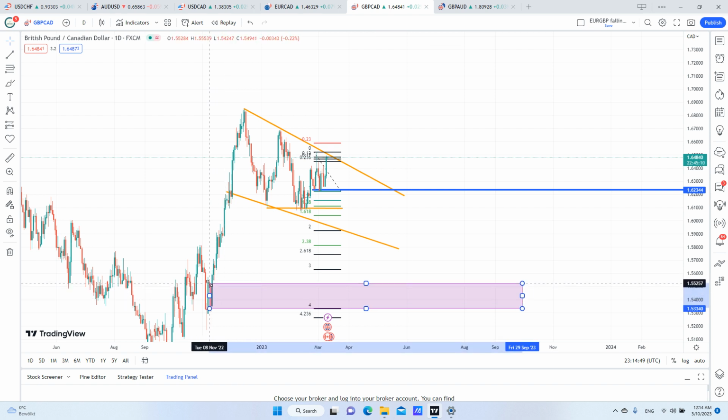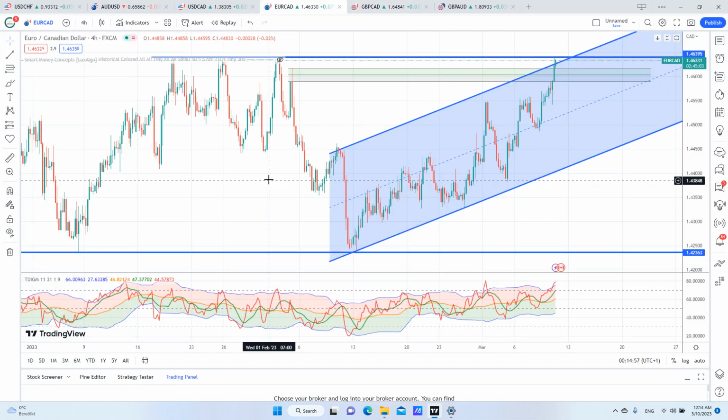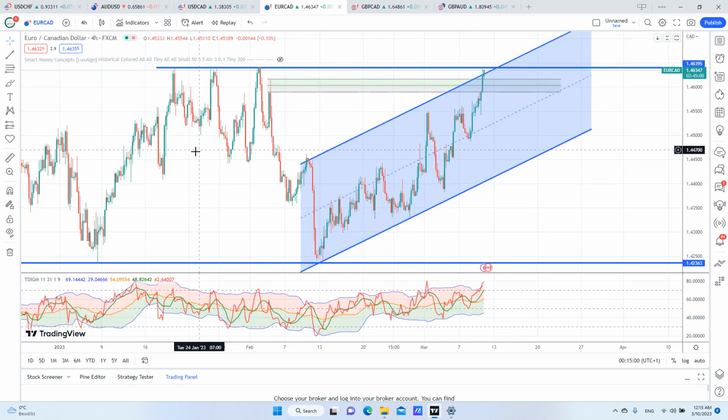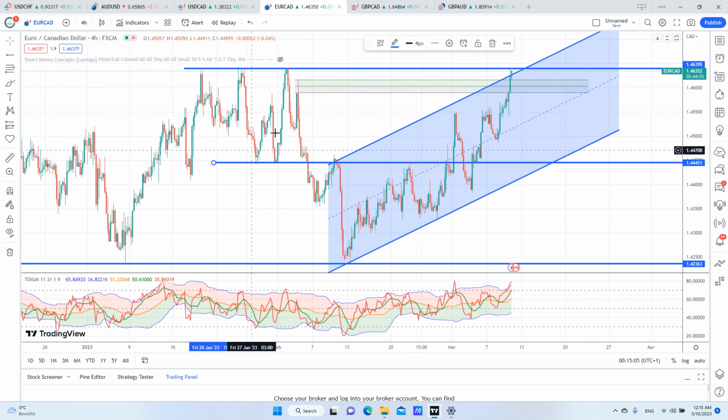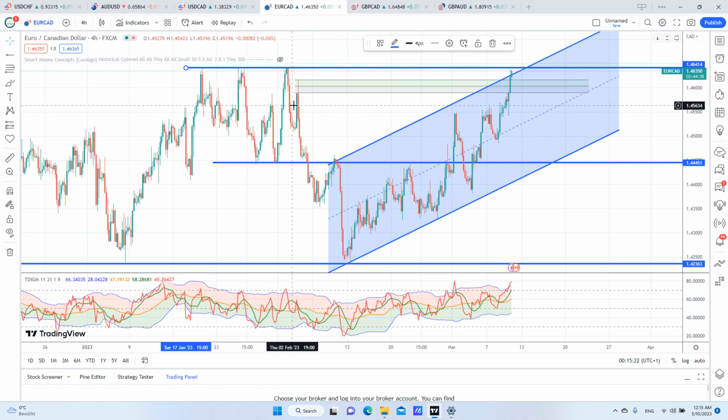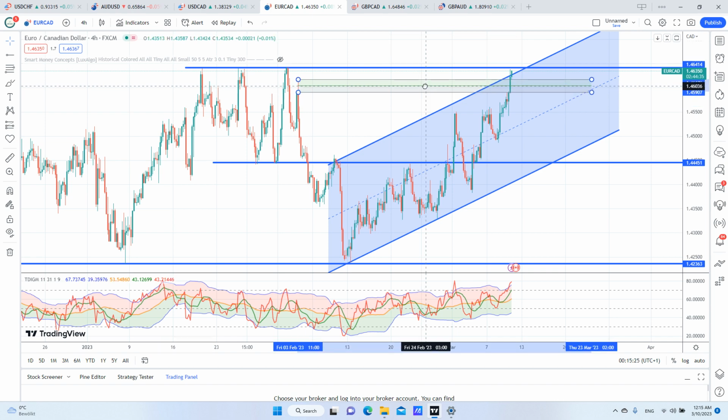I will be waiting for it to come here, and if it comes here, I will buy it from here. And the euro CAD, we also have this move that broke this structure, and now it's reacting from these bottoms, and as you can see here, it's very clear bottoms here, but at the same time it's also a bit dangerous because we also have clear tops here, and I wanted to sell it from here, this order block, but